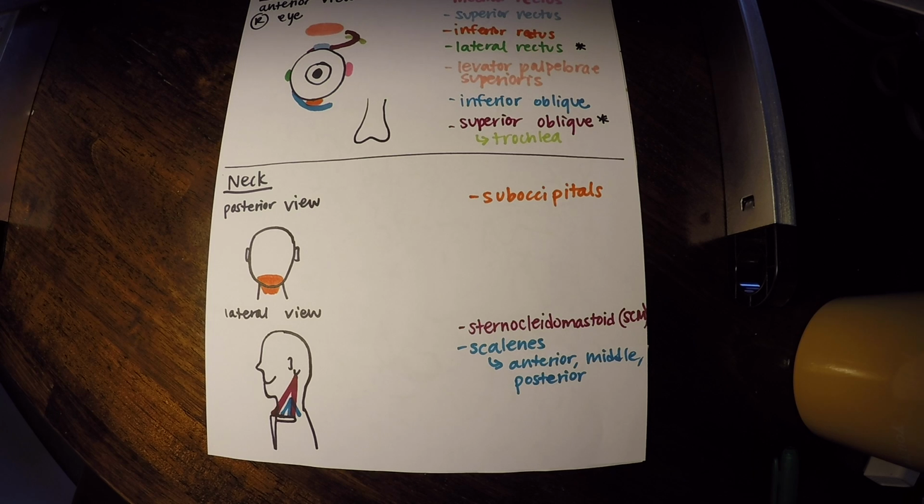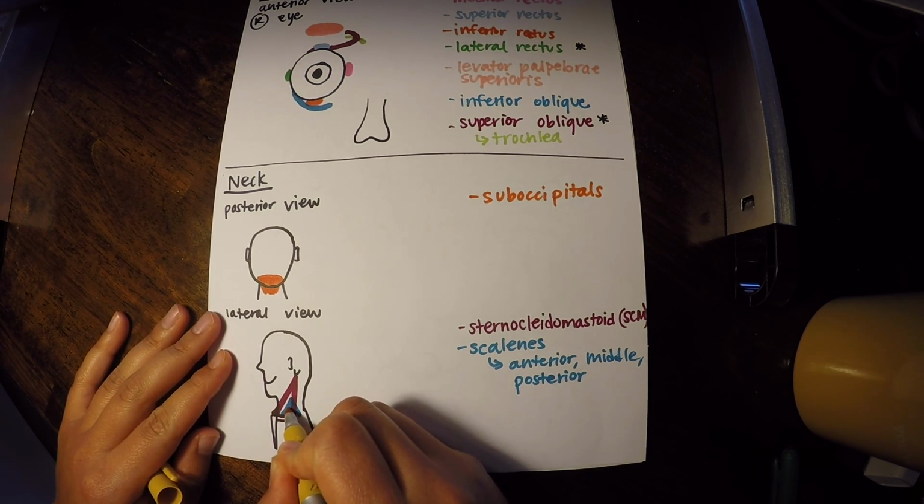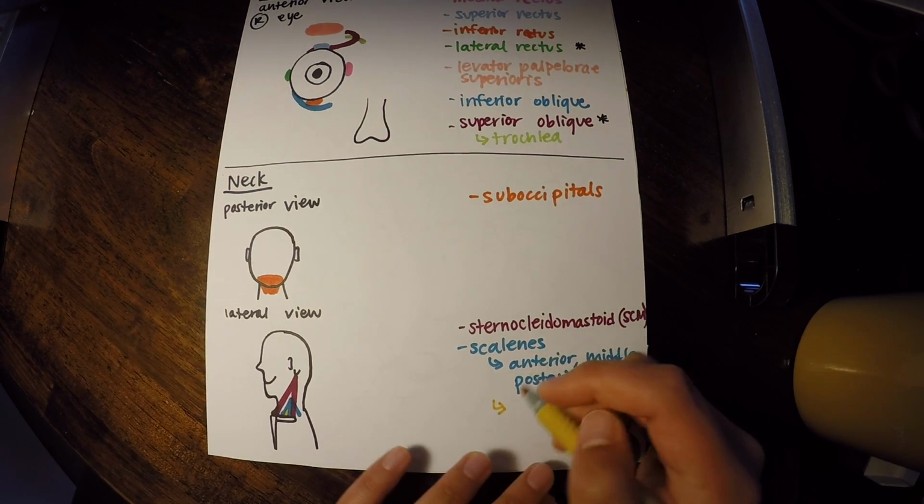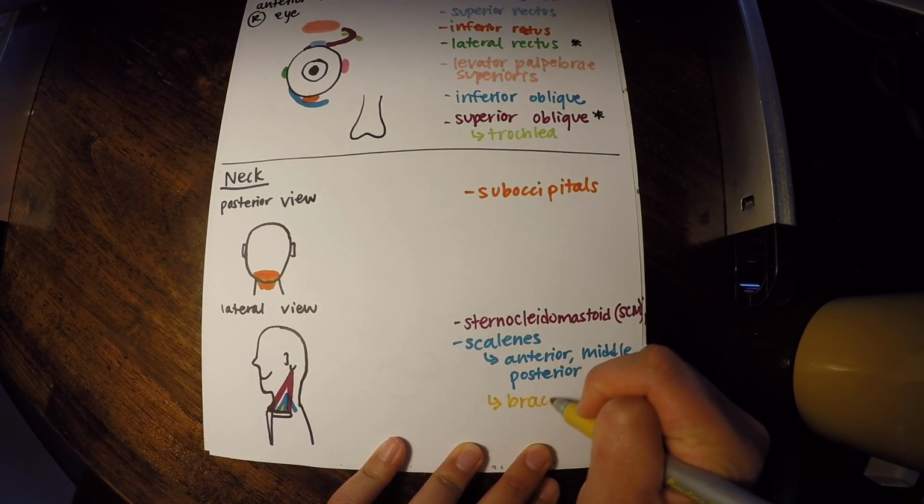Now, these scalene muscles, technically their action is to elevate the first and second rib. However, the reason why they're more clinically important is because there's a really important aspect that can lead to symptoms in the upper extremity. And I'm going to draw something yellow in between the anterior and middle scalenes. That is called your brachial plexus.